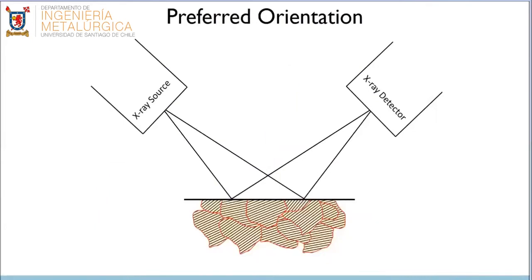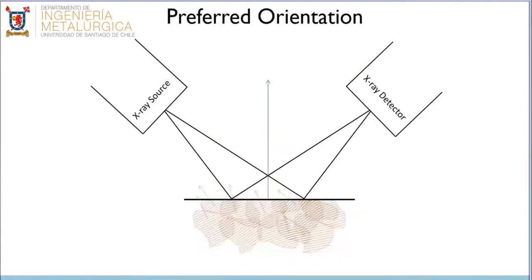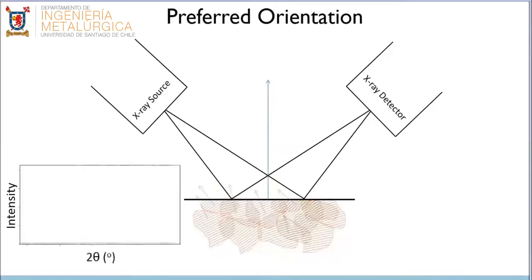Now let's look at a sample with preferred orientation. In this example, our diffraction vector is the same as before, but the 100 plane normals are different. For this sample, there is a clear preference for the 100 normals to point up and to the left. Because none of the normals are aligned with the diffraction vector, no grains will contribute to the diffraction peak, so only background will be visible for this atomic plane, even though the source and detector are at angles that should